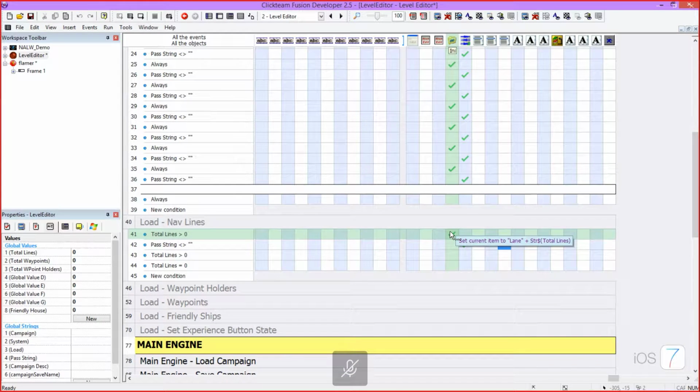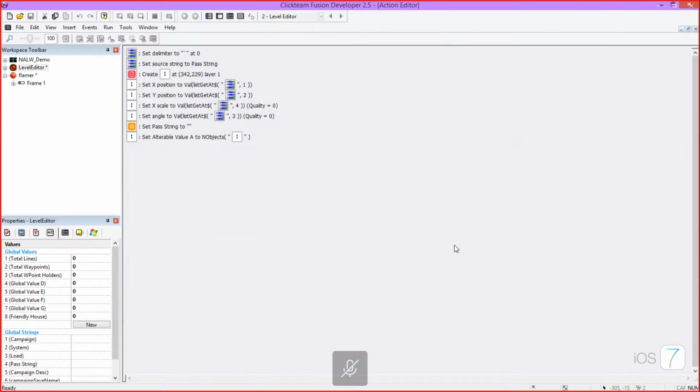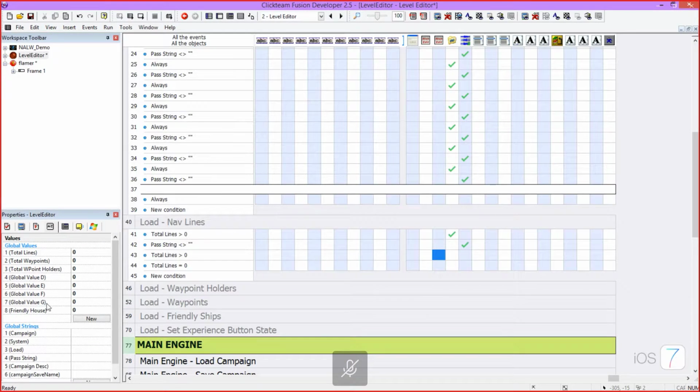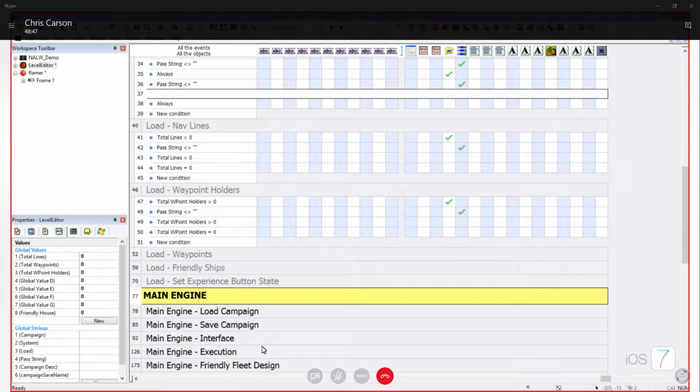So that would be 4, 3, 2, and 1. And then we set the data, load the data in just like we did before, and then subtract from total number of lines. We continue doing that until we're out of total lines, and then we load the next waypoint, which is waypoint holders. So that's pretty much how it works as far as loading data, and then we'll show you how we